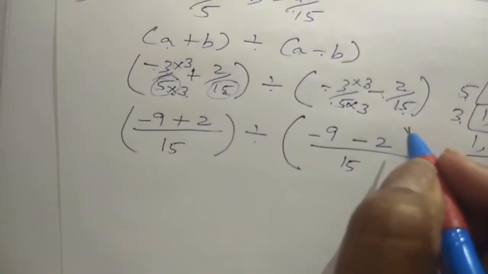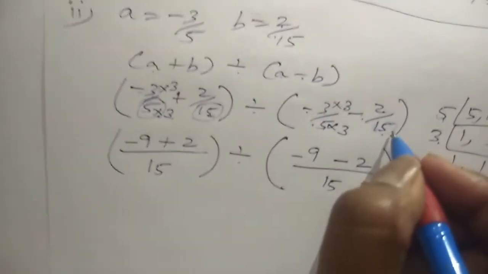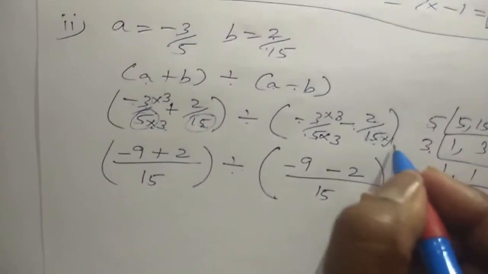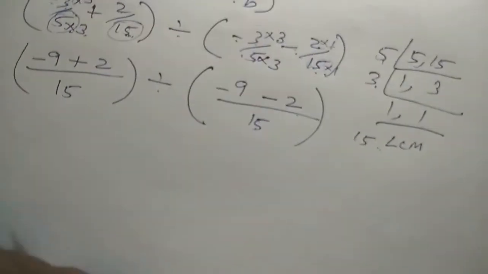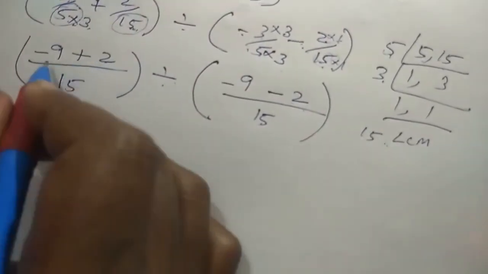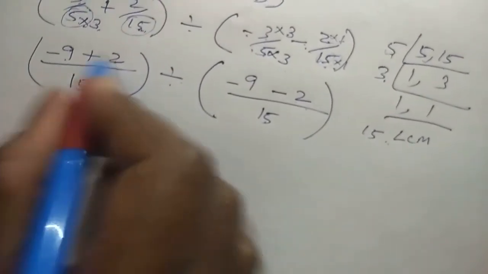What I want to say is, if it is 15, we put 15 into 1 and the same value of 15 will come. So if we put 1 on top, it is 1, and 2 ones are 2. Okay, so it is unchanged. So 2 minus 9, a smaller number minus a bigger number.